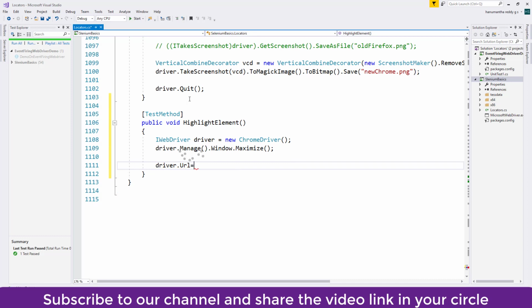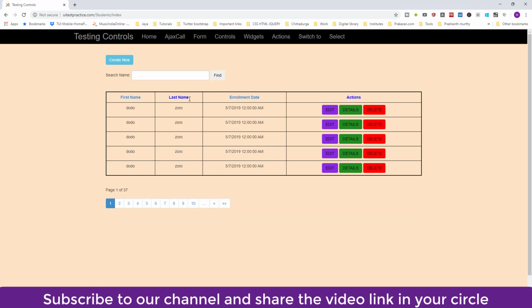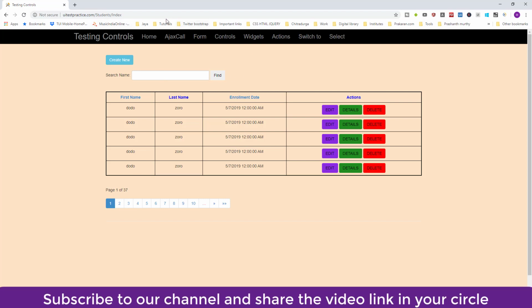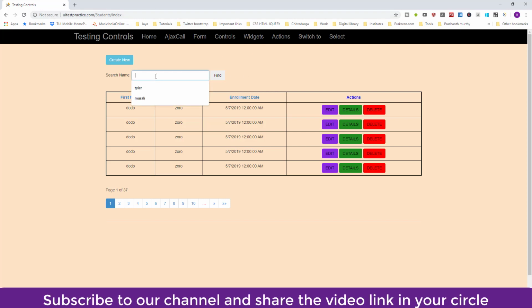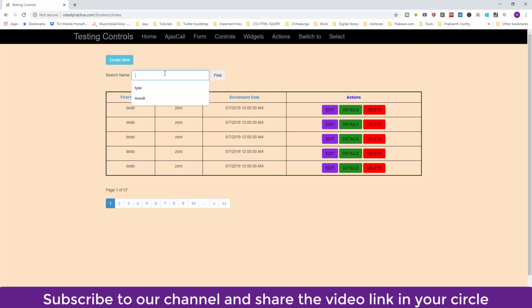I will take you to the browser which I plan to use for this demo. So this is the website. Here we'll try to enter some text, and when we enter, this element will get highlighted.